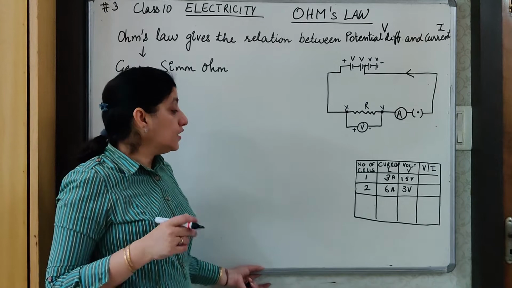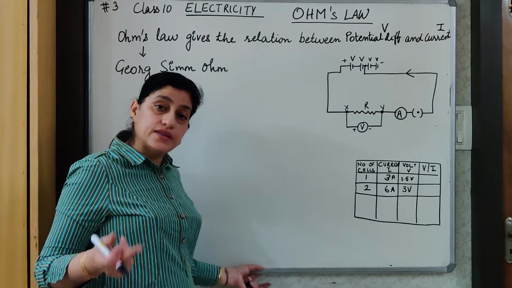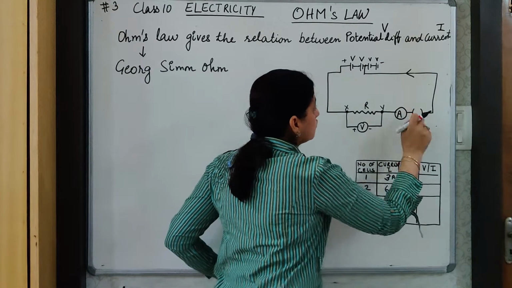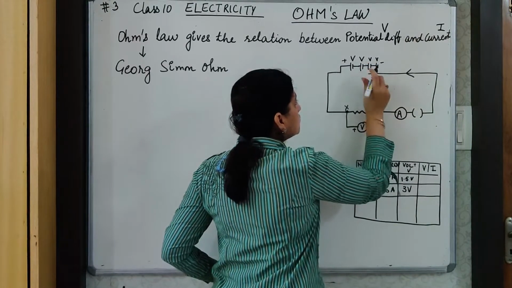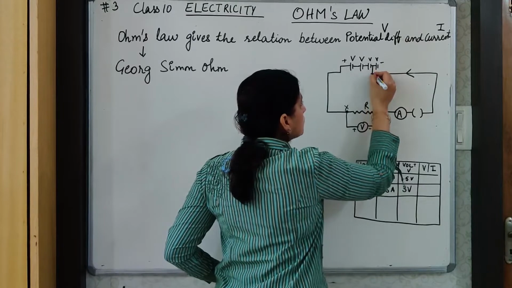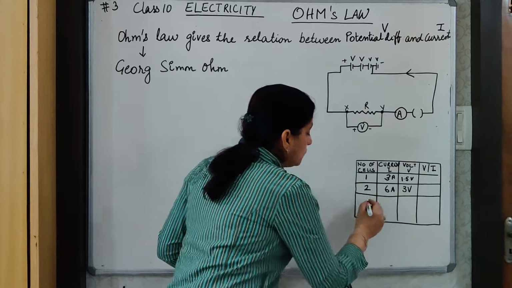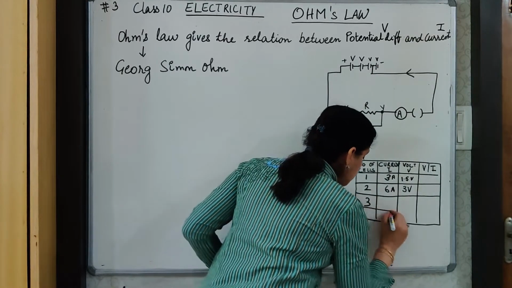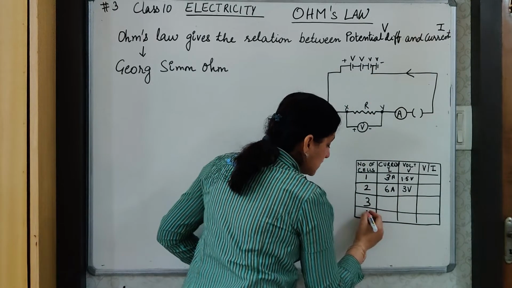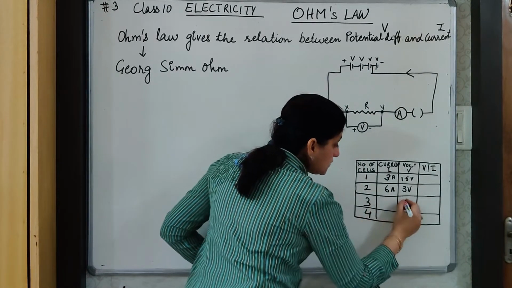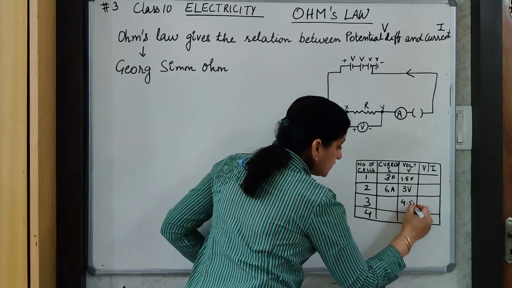Then again we will repeat the same step: remove the key, change the connection to 3 cells, note down the voltmeter and the ammeter reading, and then same thing we will do with 4 cells also. And suppose we get the reading over here,